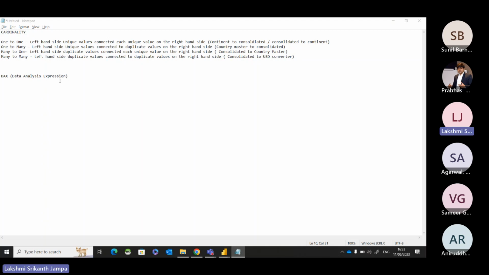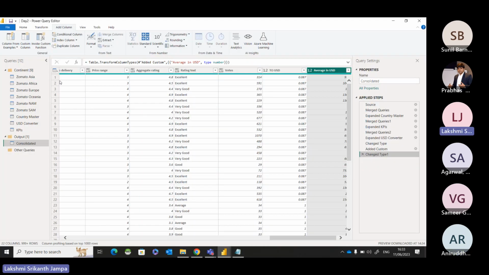Now, what is the use of DAX and why do we have to use DAX in Power Query or Power BI? DAX is nothing but a kind of formula that you are going to write, wherein you are trying to analyze the data using this particular methodology. When you do it this way, you are able to achieve the results in a simple method. DAX can be of different forms. One, you can write a formula directly in Power BI, which will give you a result, that is called DAX. There is another form called